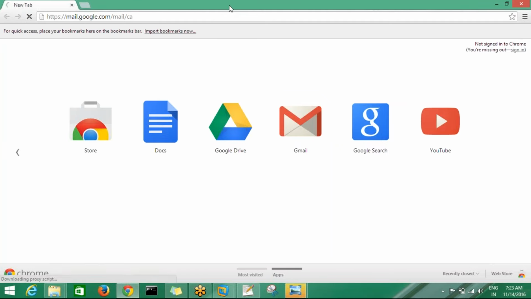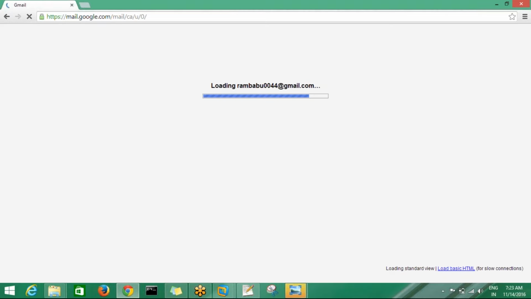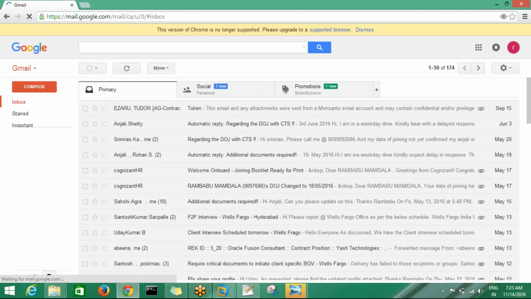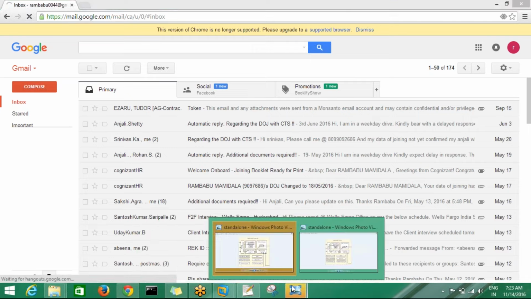So when I try to access the same Gmail, it will not ask for a username and password because my data is already there. It maintains a cache for frequent requests from the same user. That is nothing but cache memory.